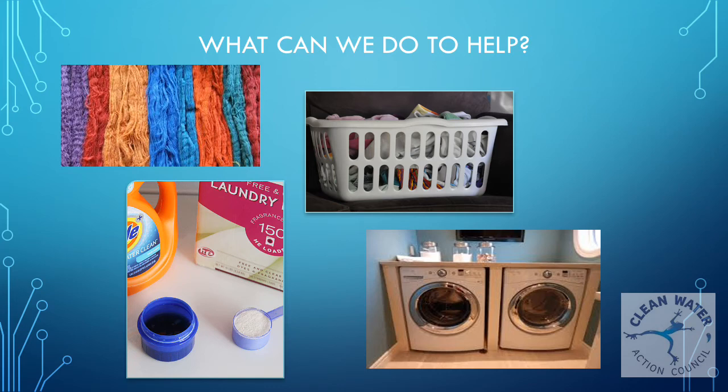So maybe you could wear those, but not wash them in the washing machine. Otherwise, you can wash synthetic fibers using these tips. You can use liquid laundry soap. Powdered ones release more microfibers. Skip fabric conditioner or use vinegar instead. Wash in cold water. It damages the fabric less and releases fewer fibers than hot water. If you can, reduce the rotation speed of the washer just so the clothes are battered around a little less. Wash clothes less often and wait to do laundry until you have a full load, so that'll help you save water as well.